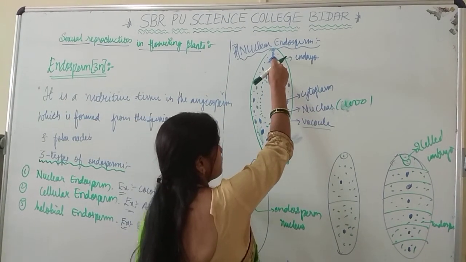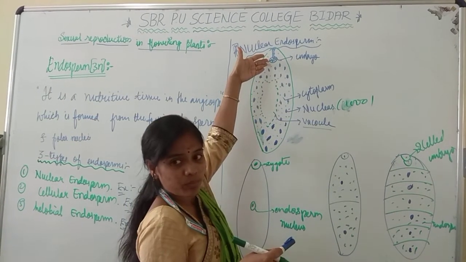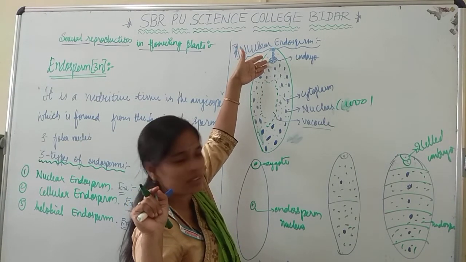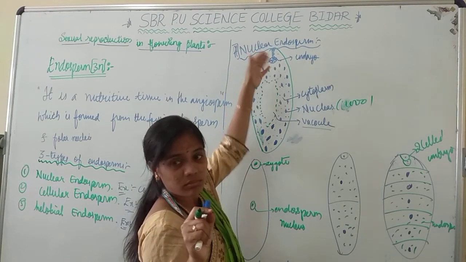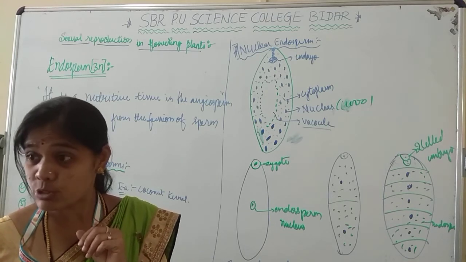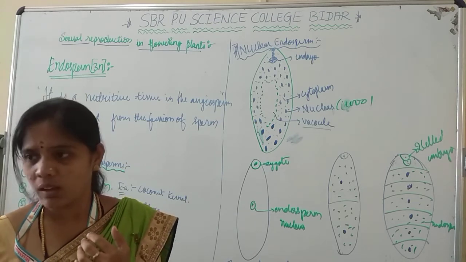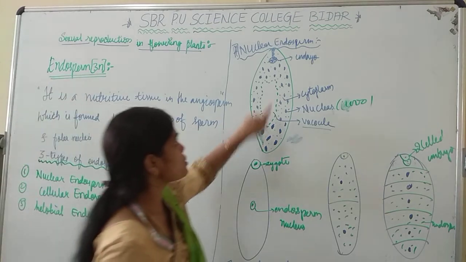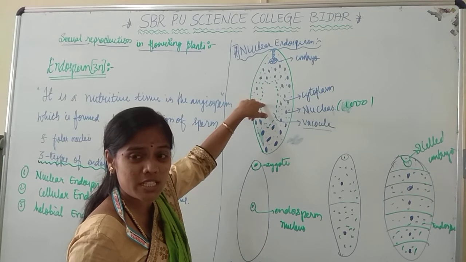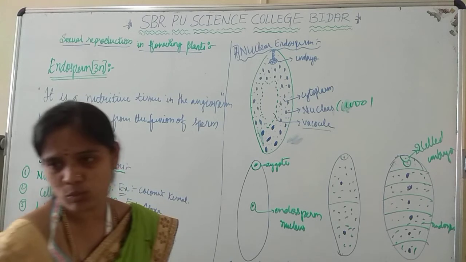So endosperm is here because the embryo is here. The embryo is inside the endosperm, see that. Have you seen the small white color in the coconut? Have you seen? So that is the embryo embedded in the endosperm. Highly nutritive endosperm. That is why they say we should drink tender coconut water. It is given to patients because it has nutrient content, since it is endosperm. Okay, it is a nutritive tissue, right, beta? So the embryo is developing embedded in the endosperm. So which type of endosperm is here? It is nuclear, we can also call it free nuclear, okay?